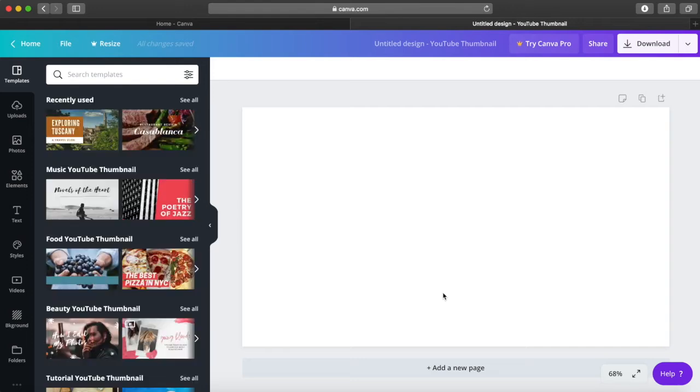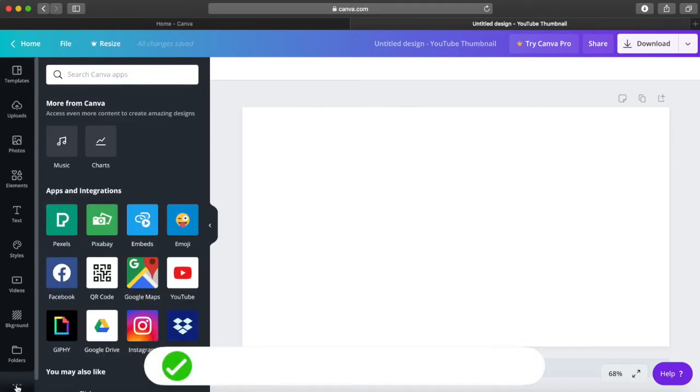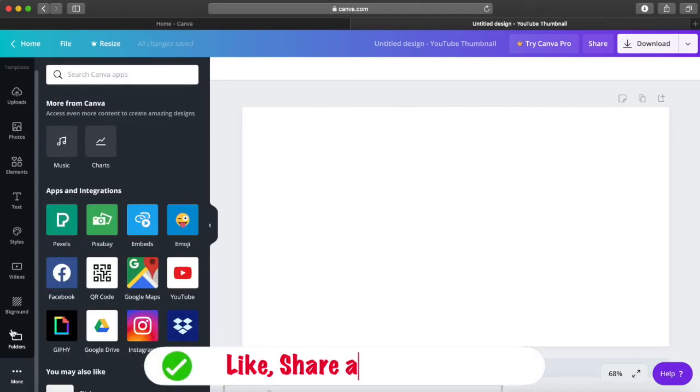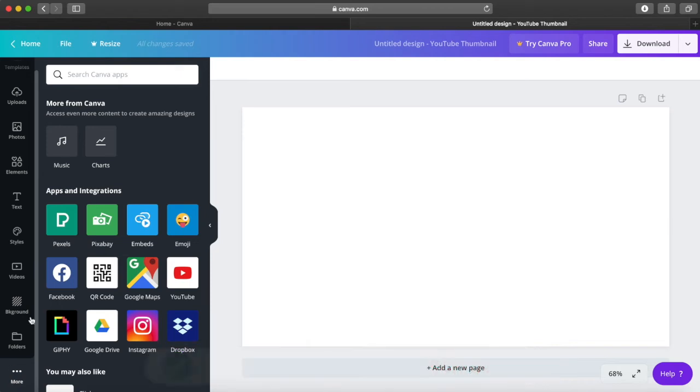So once you click on that, this is the view that you see. This is a YouTube thumbnail creator for you. And on the left hand side, you have multiple options. There are many different options to choose from. And at the bottom as well, there are three dots. If you click on that, it gives you many more other options. So we are not going to go into the details of those options because we're not going to be using them for our YouTube thumbnail.